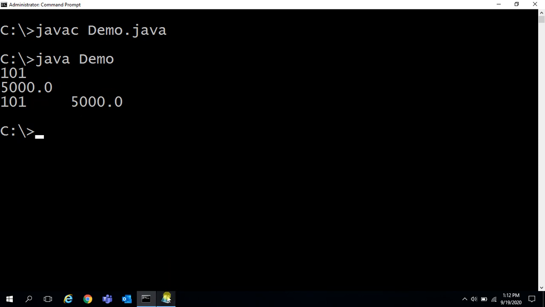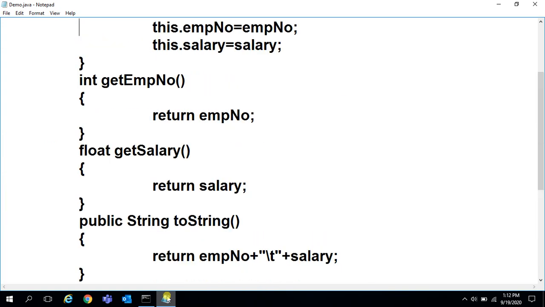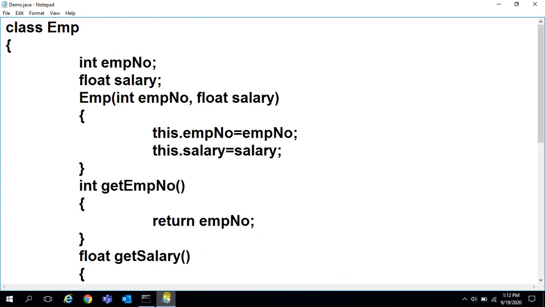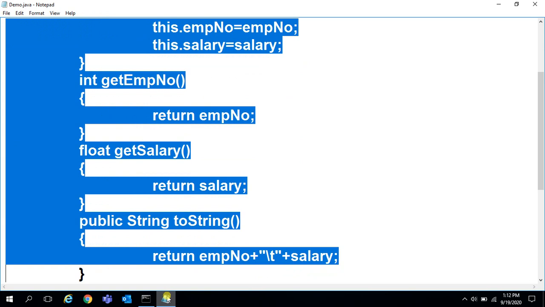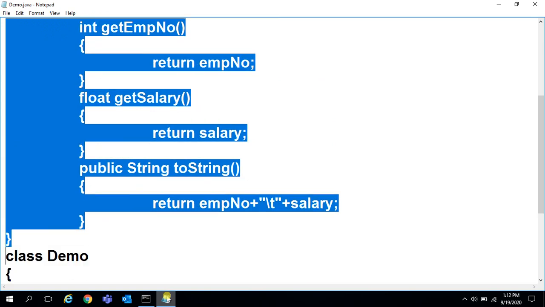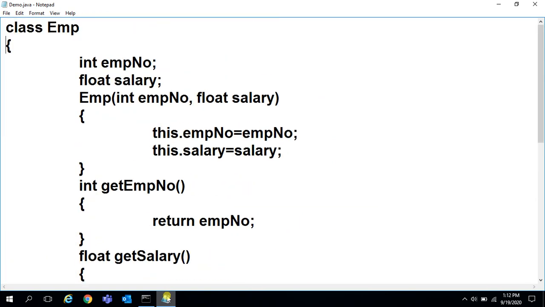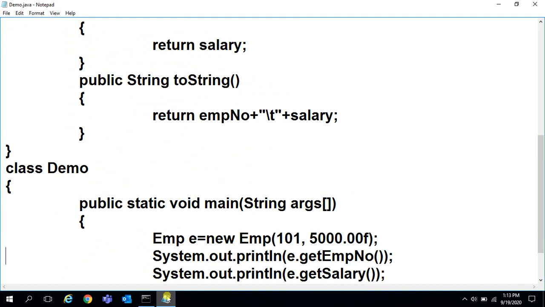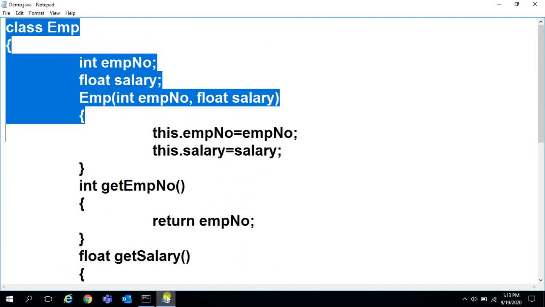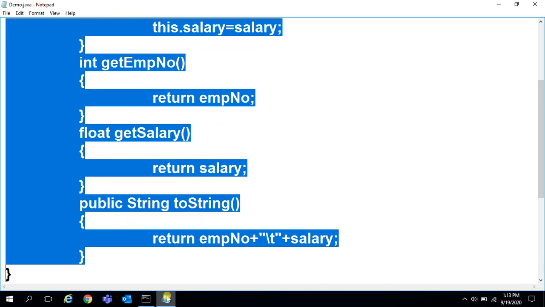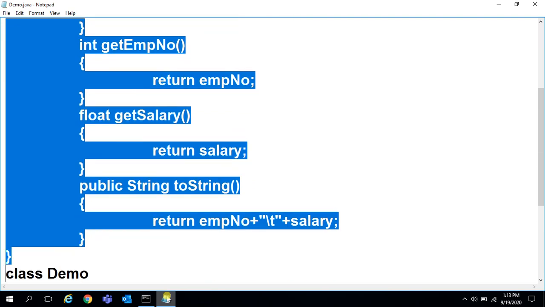This you have already studied. Now this complete Employee class we call a Pojo class. This class we can write in just one line. See, this complete code I'll remove, I'll delete.